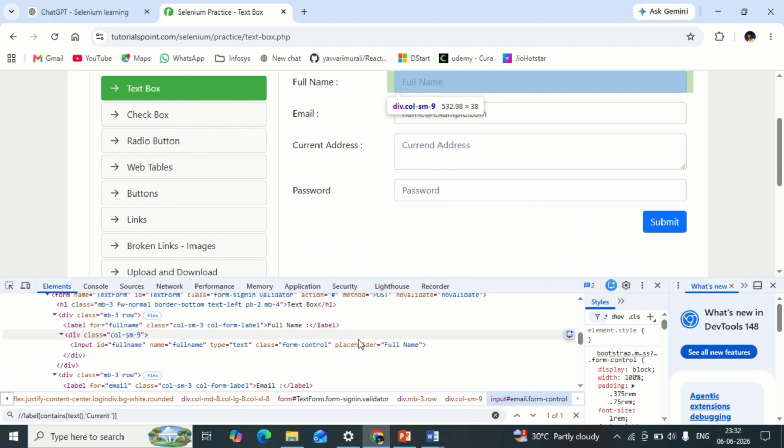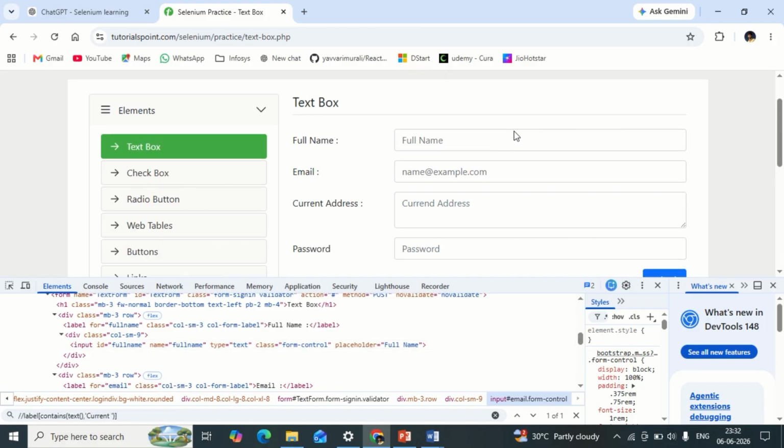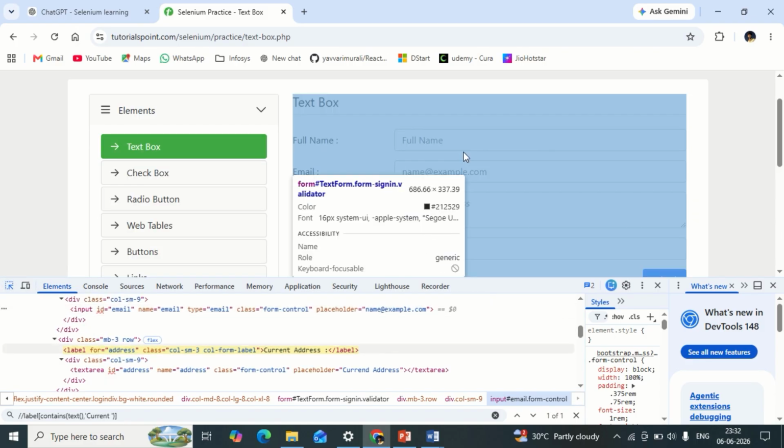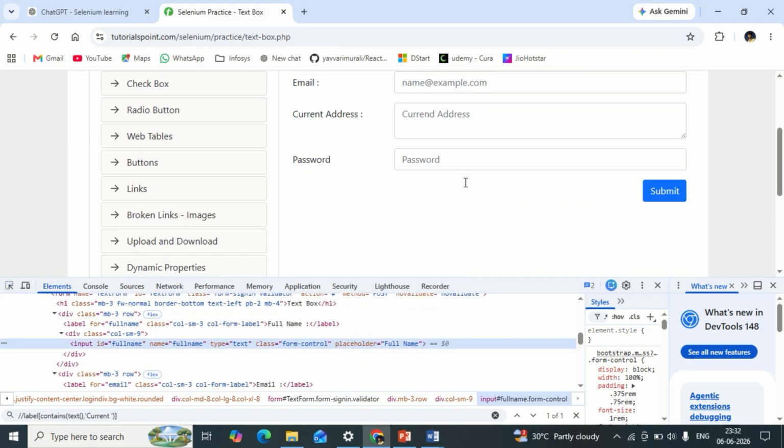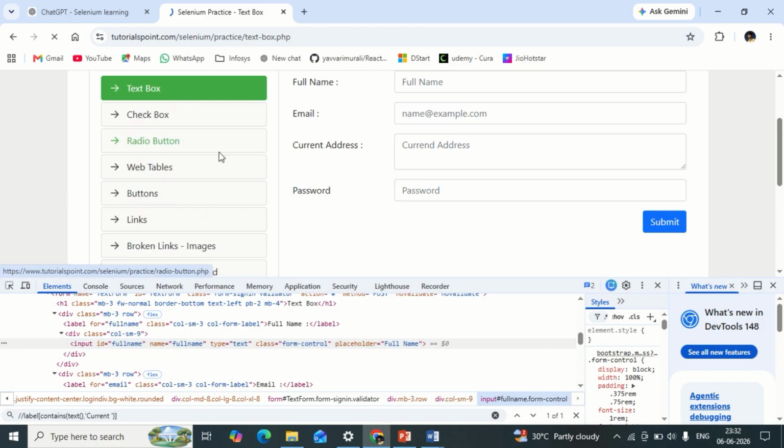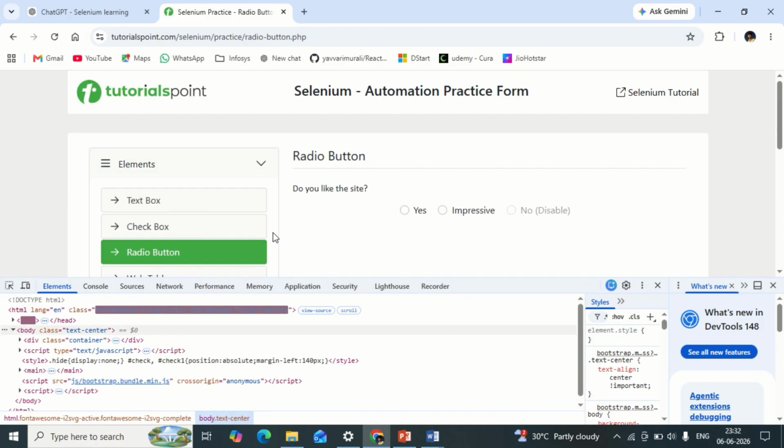I want to identify an element if it is matching either one of the attribute names I have specified here. Okay, ID, full name, current address. Okay, let me go to radio button. We might have some things, or else, yeah. Okay, here